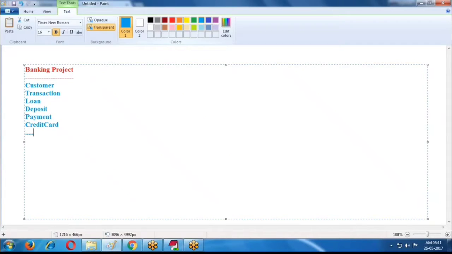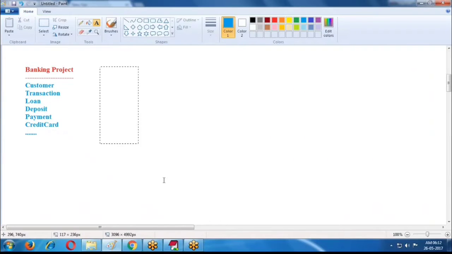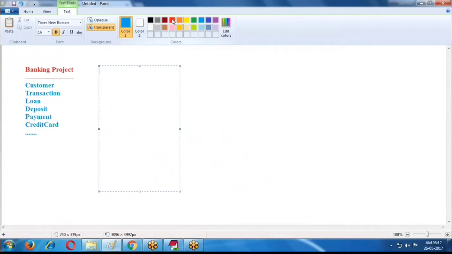Like this, we create some objects, and these are called custom objects based on your project requirement.